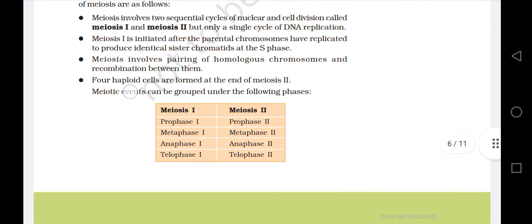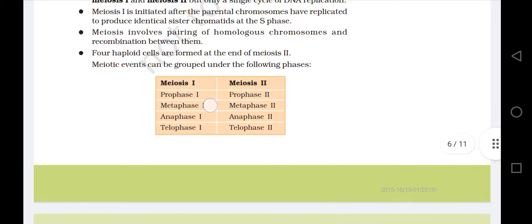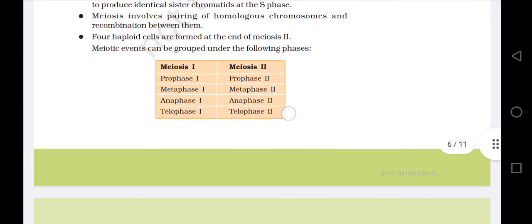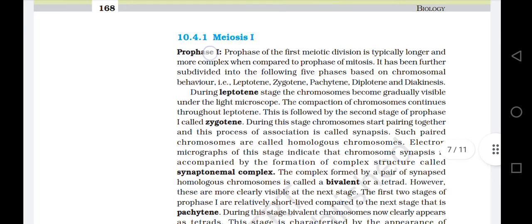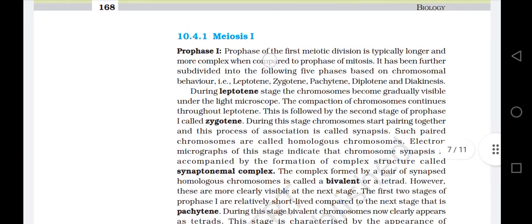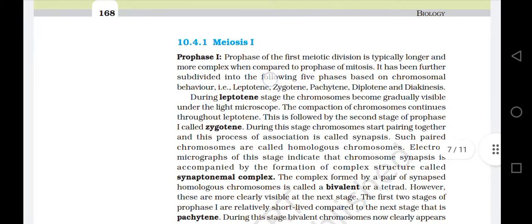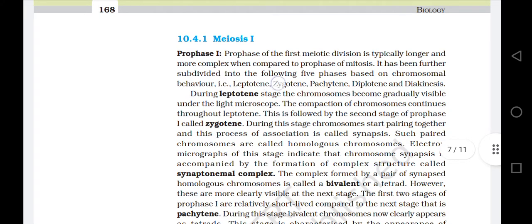Meiotic events can be grouped under the following phases. Meiosis 1 contains prophase 1, metaphase 1, anaphase 1, telophase 1, and meiosis 2 contains prophase 2, metaphase 2, anaphase 2, and telophase 2. 10.4.1 Meiosis 1. Prophase 1. Prophase of the first meiotic division is typically longer and more complex when compared to prophase of mitosis. It has been further subdivided into the following 5 phases based on chromosomal behavior, that is, leptotene, zygotene, pachytene, diplotene,